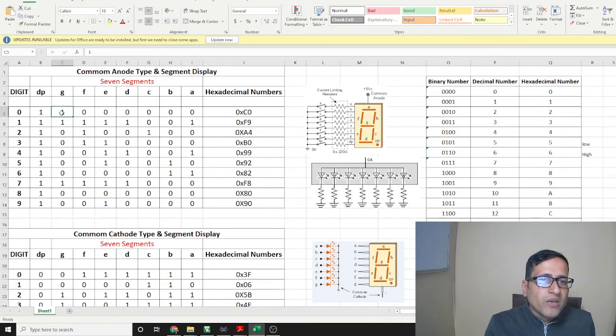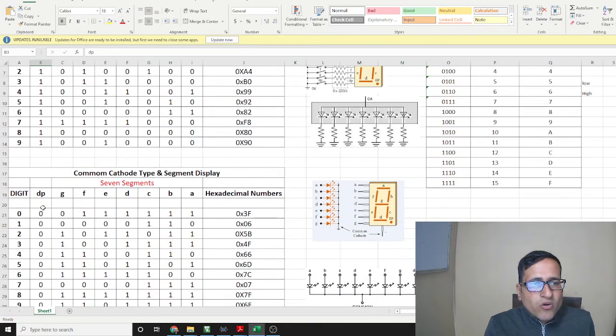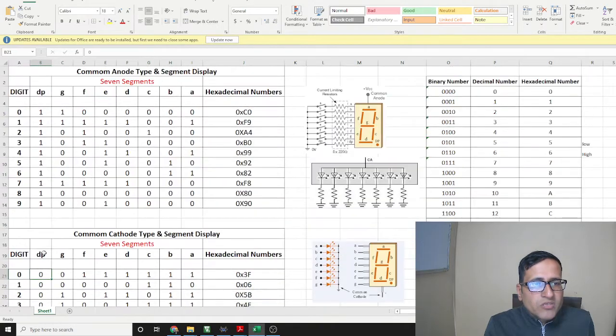High means 1. And we have the 8th digit as DP. You can see here DP remains high for all the numbers in the case of the common anode LED, and in the case of the common cathode the DP value is 0. You can see here. Firstly we will discuss the common anode type.